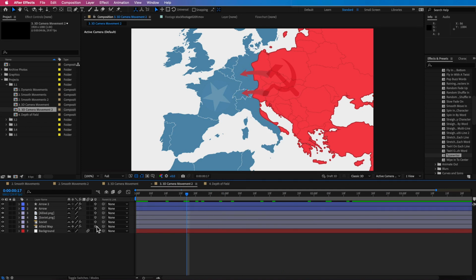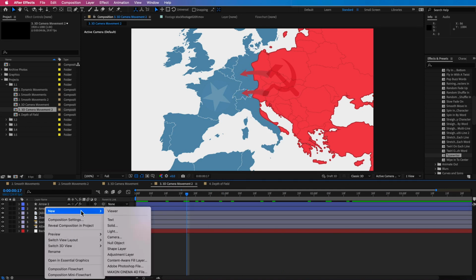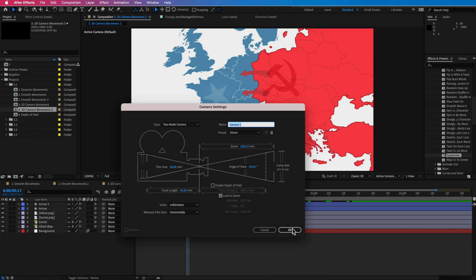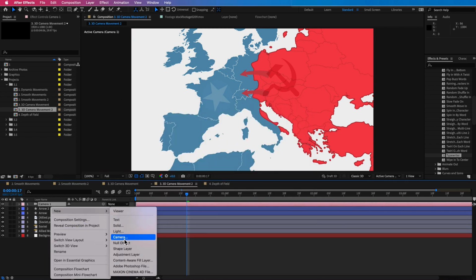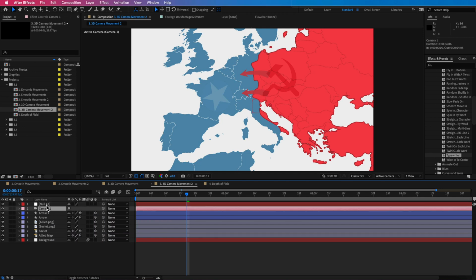I've made all the layers 3D and now I can create a camera. I can set this to be 35, that's fine. And I can also create a new null. So in this case, I want to combine creating keyframes in both the camera and the null object to create the movement. But I want to also show you how to create multiple keyframes and smooth them out. So this is another problem that I find that people run into all the time, is creating smooth camera movements